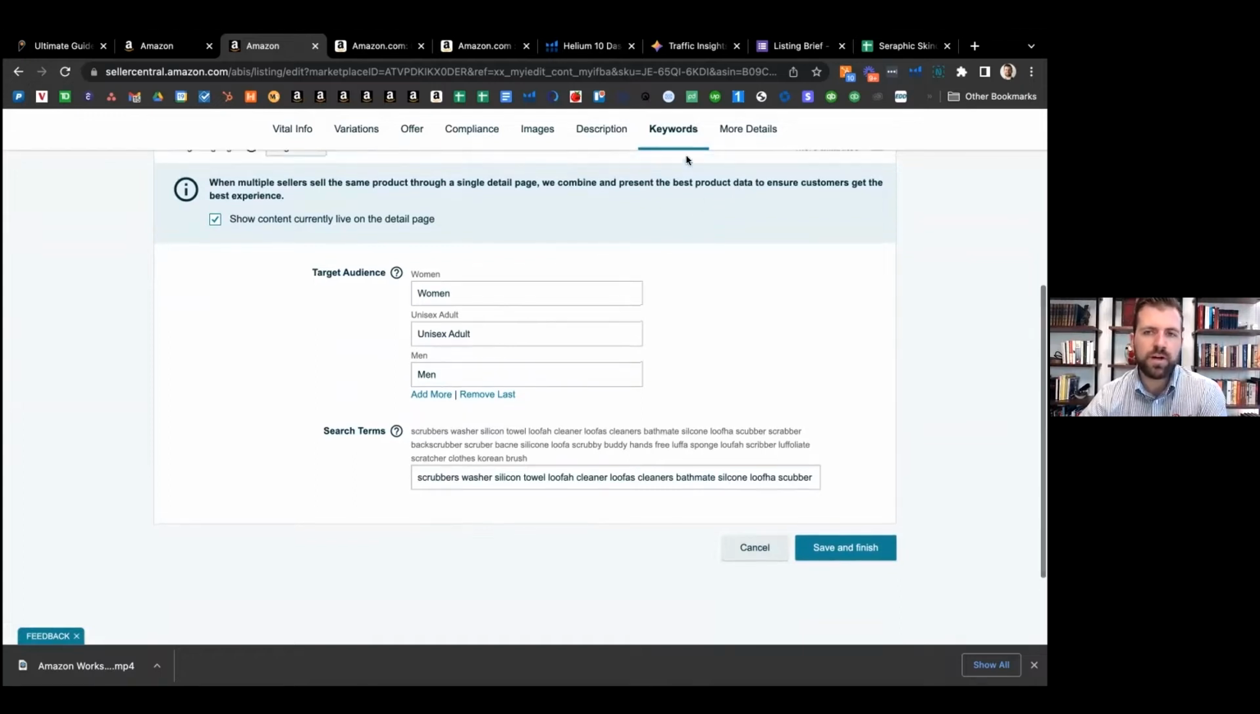Now, this is another very important area. This is called keywords. And so we can see in the keywords section, we have something called target audience. And so this is, what type of consumer would be buying your products. And then you have something called search terms. Now, search terms, these would also be considered hidden keywords. And these are keywords that typically wouldn't